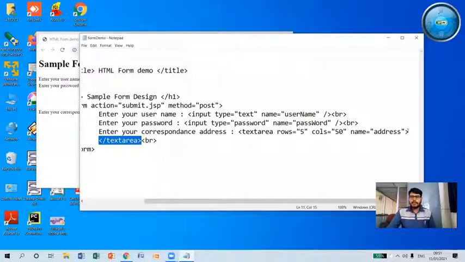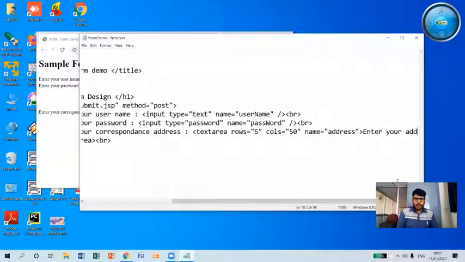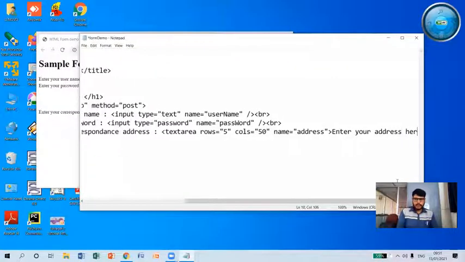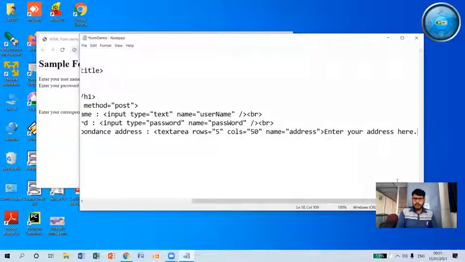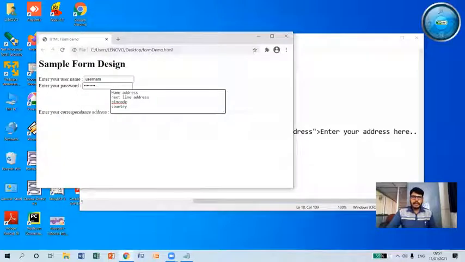Say for example, in between, suppose I want to display, enter your address here. So I want to display this particular value by default in the text area field. So at that time, if I reload this, you can see here, it is showing me enter your address here.